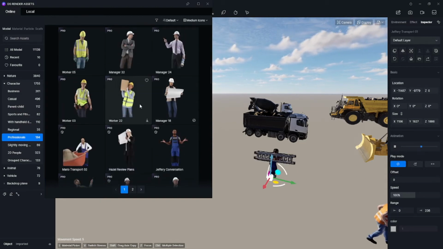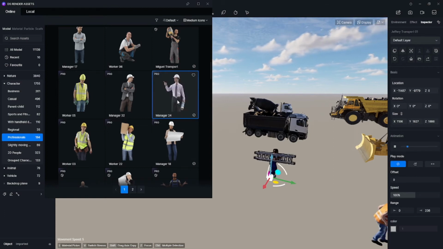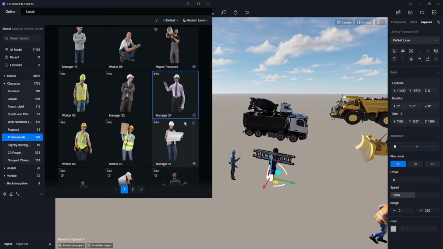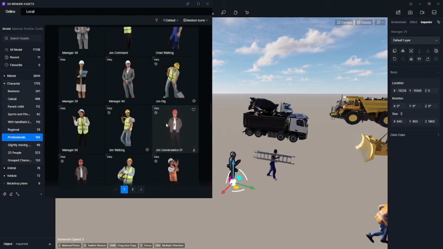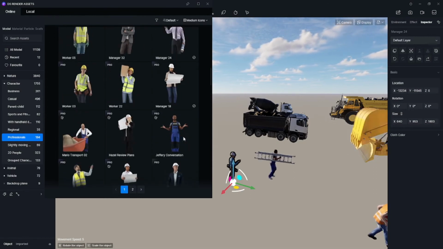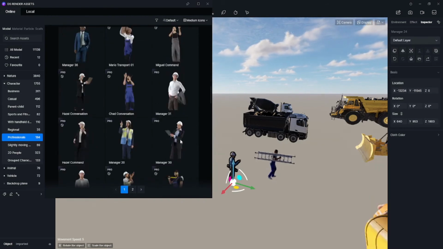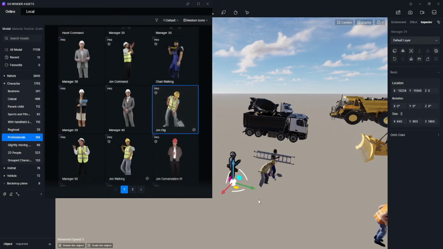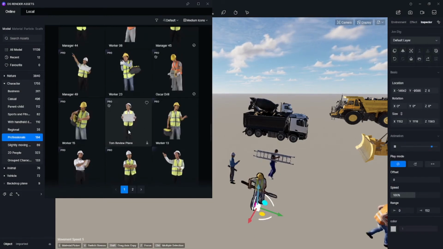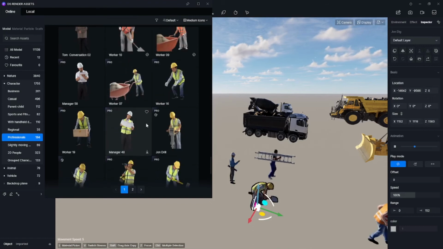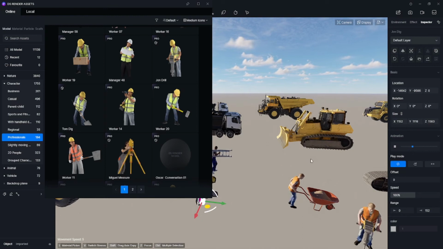We also have engineers. So, say for example, let's put this one here. We have here an engineer, and so many, and many more. And even the digging, you can also animate this one. And many more. And there are lots of models available here in the Carpenter. So this is a new feature. Once again, the construction site models.